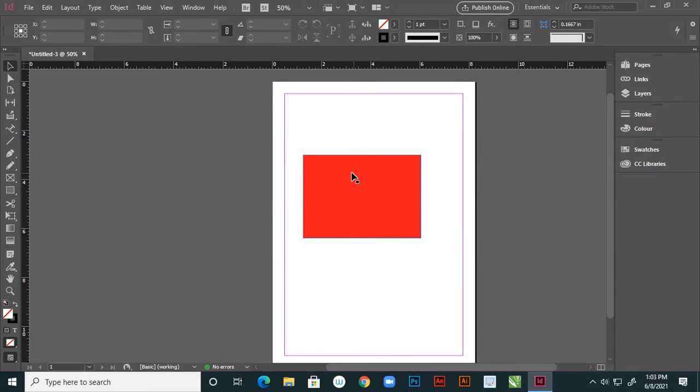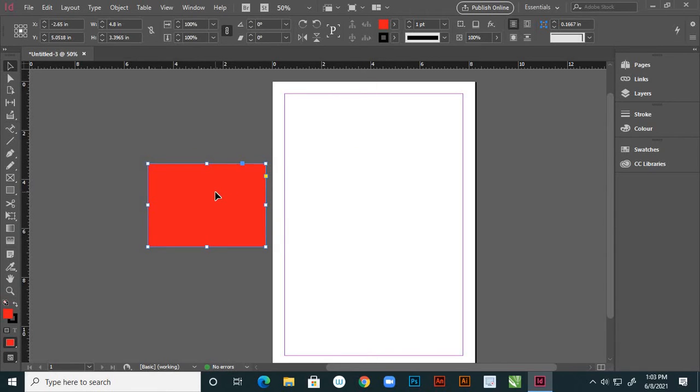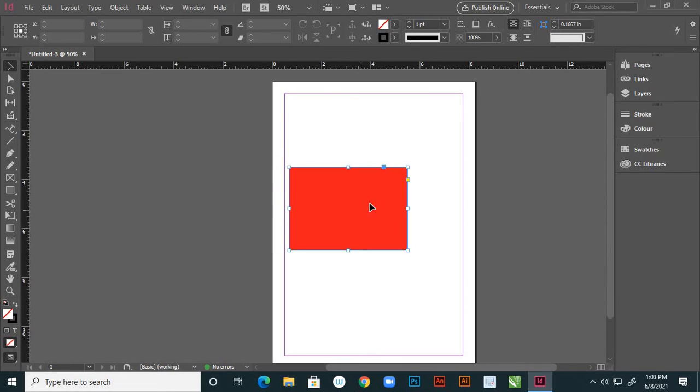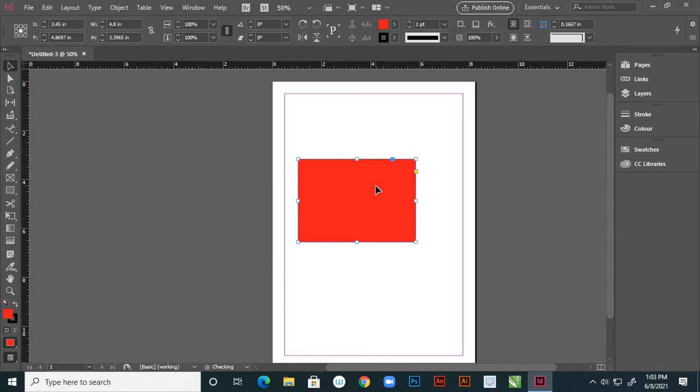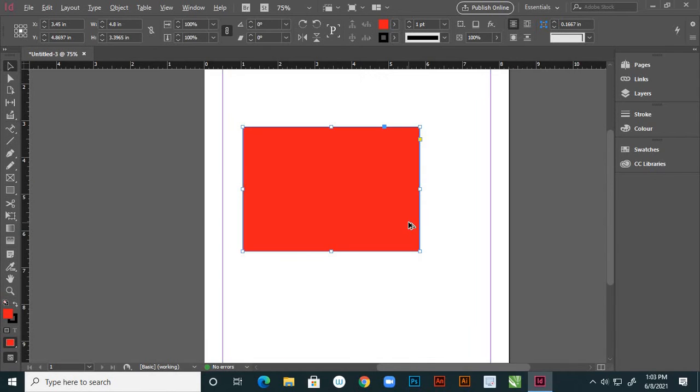And see, with the selection tool, select this object and move. If you check here, a few dots are showing, right?